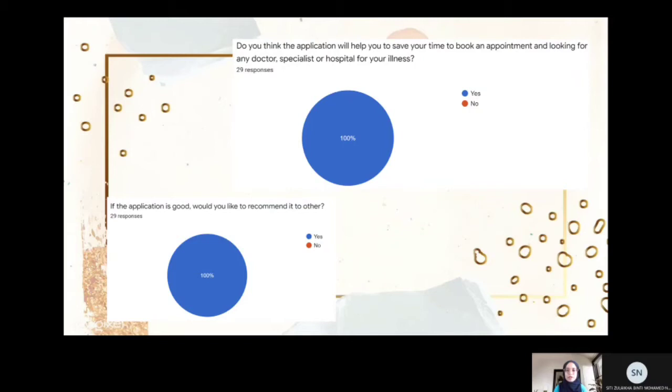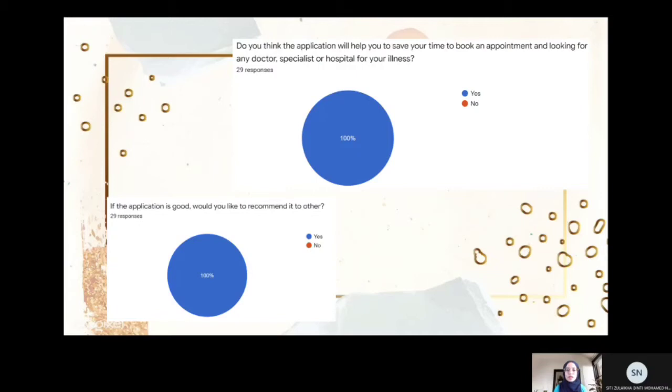Okay, for the question, do you think the application will help you to save your time to book for an appointment and looking for any doctor, specialist or hospital for illness? For this one, the percentage of choosing yes is 100%. So that means all the responders choose yes.